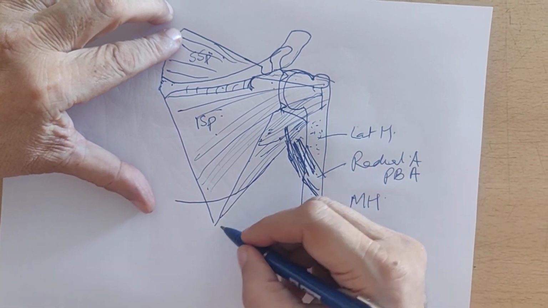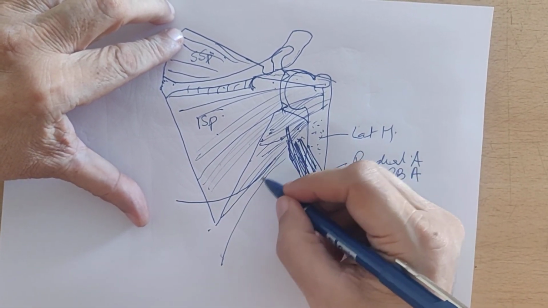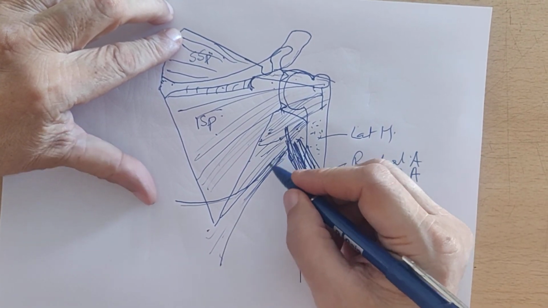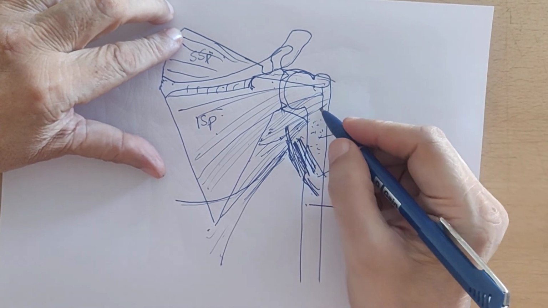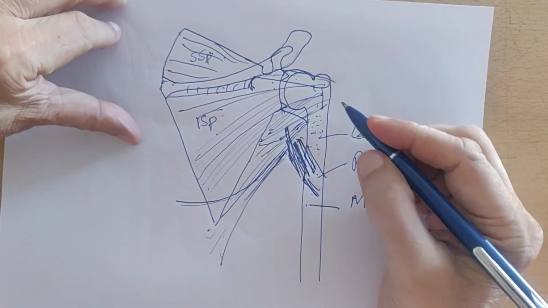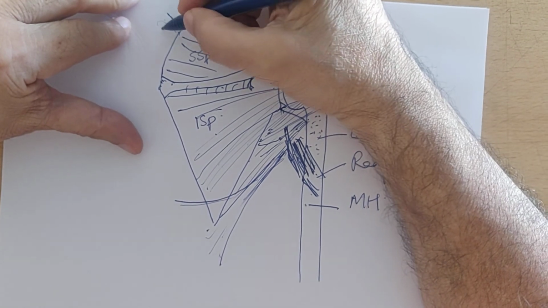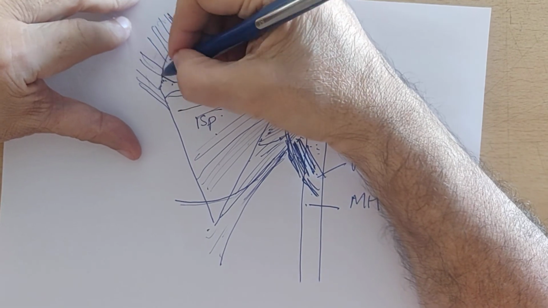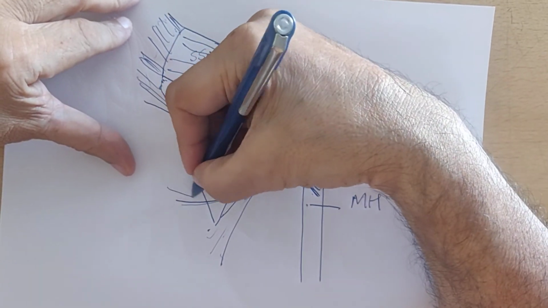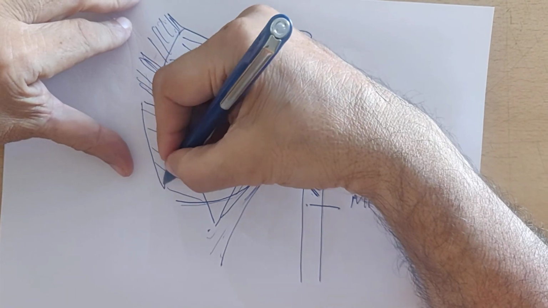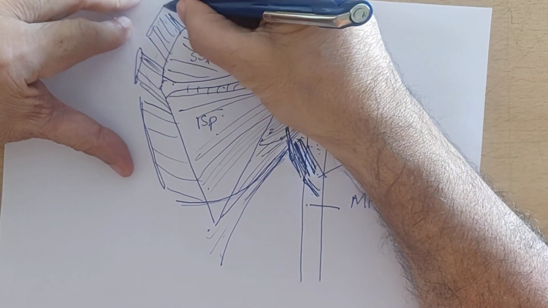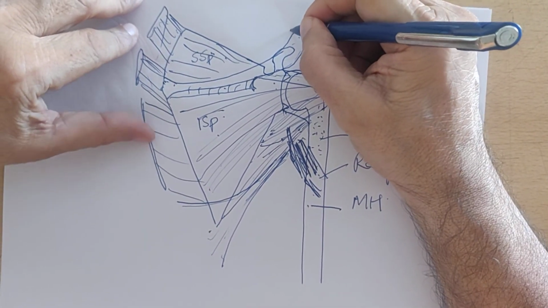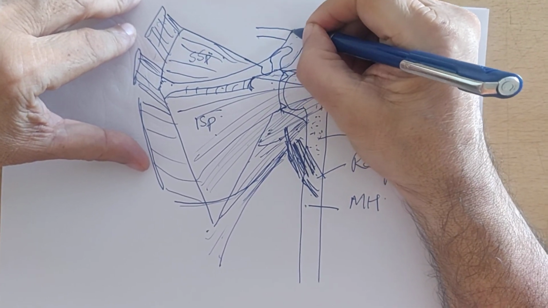You have the latissimus dorsi winding around the lower border of the teres major, going to get inserted as the lady between two majors. Here you have the levator scapulae, the rhomboidus minor, and the rhomboidus major, three muscles. And now you must understand the acromion articulates with the clavicle, forming the acromioclavicular joint.